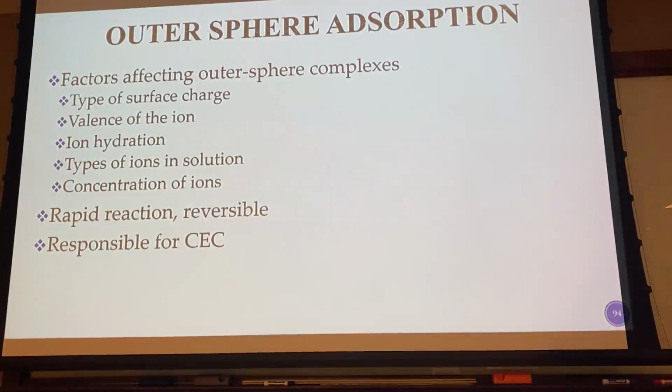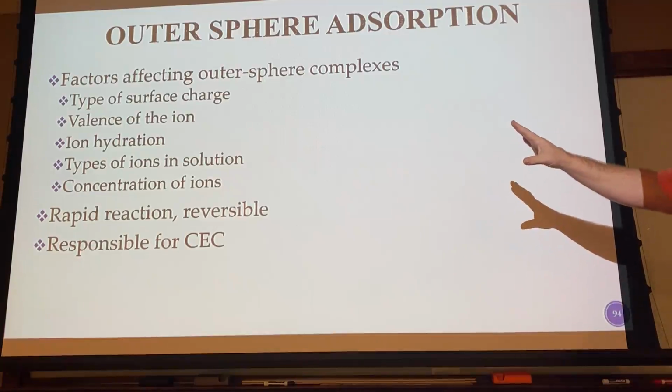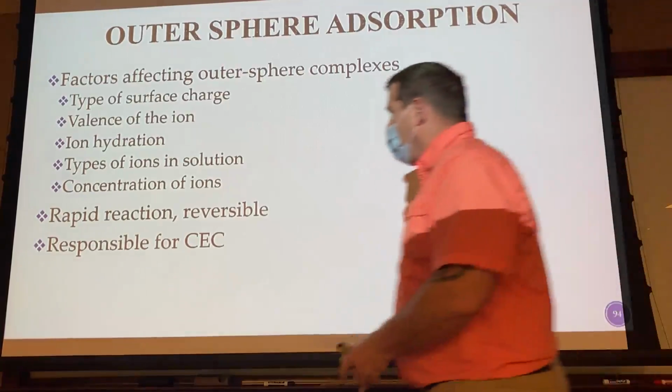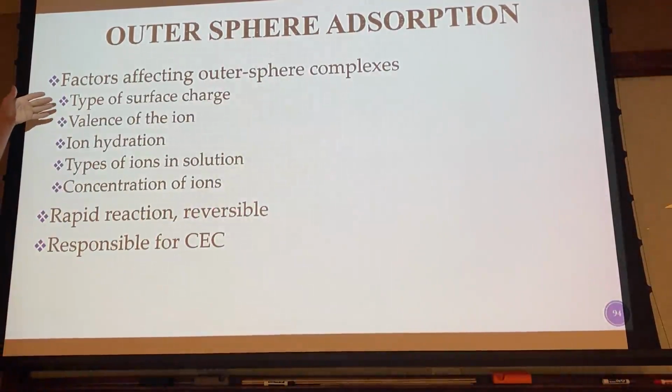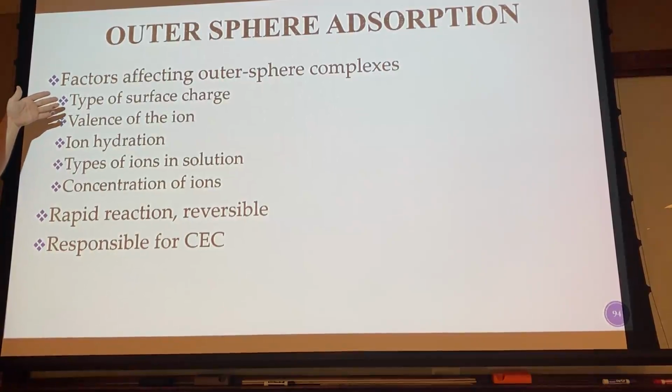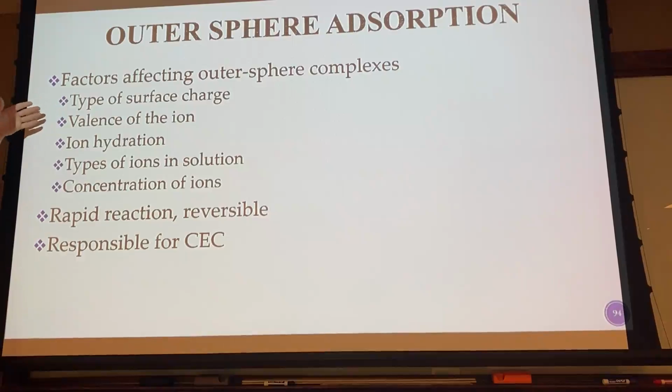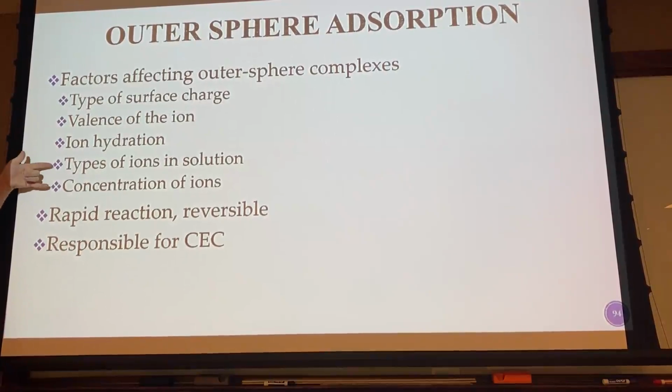So some of the things that are going to affect this are the type of surface charge. Is that a Ca2+? Is that a sodium 1+? Is that K1+? The valence, ion hydration, types of ion, and concentration. The way we can manipulate these is through change of oxidation or change of chemical form by bonding it with, like, potassium with chlorine. The ion hydration, there's a table for that somewhere if you ever needed to look that up. The types of ion in solution, and that's going to go to,